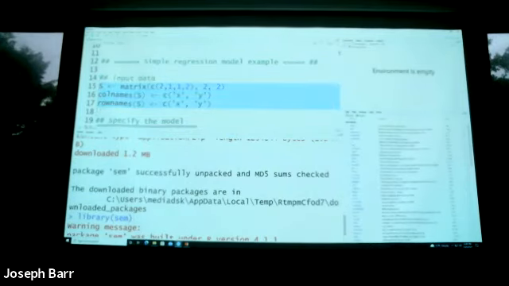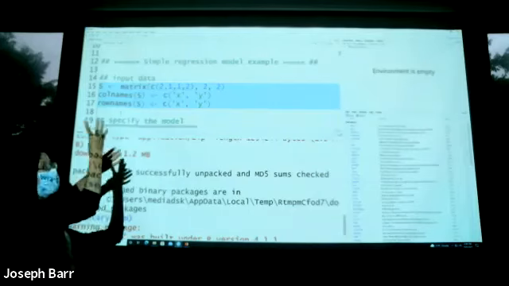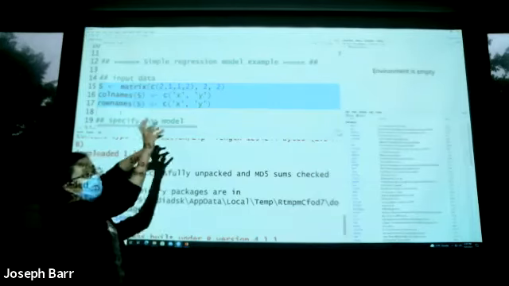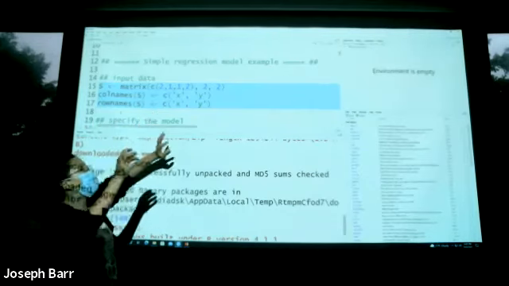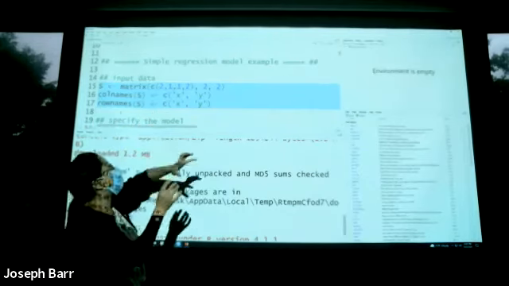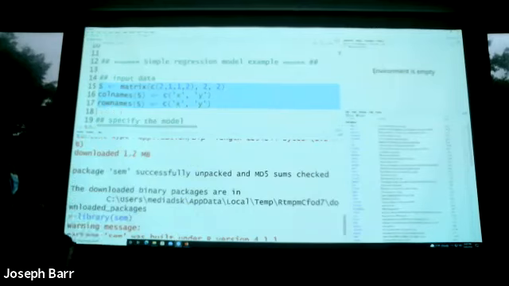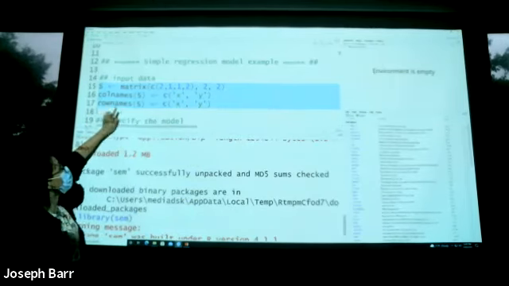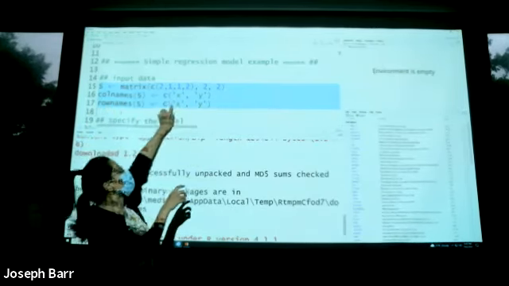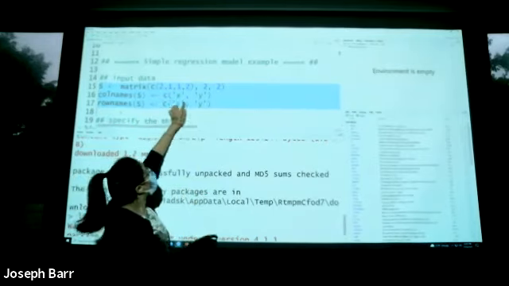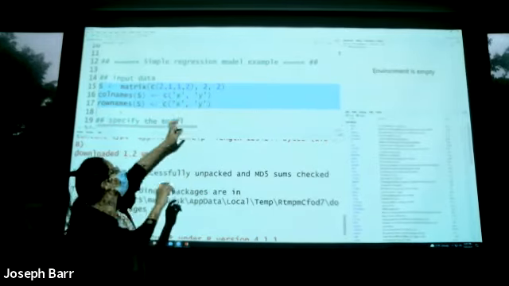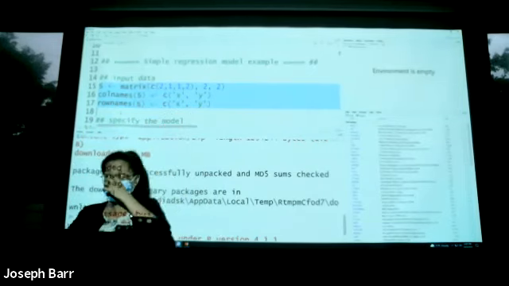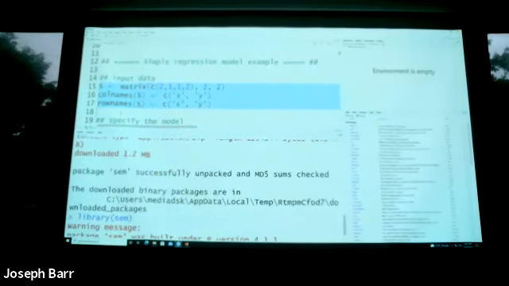Suppose we have our sample covariance matrix S, which is 2, 1, 1, 2. We have 4 elements. 2 is the variance of X, 1 is the covariance between X and Y, and 2 is the variance of Y. In that matrix, the column names are X and Y, so we have 2 columns. The row names are X, Y, so we have 2 rows. It shows that we have a 2 by 2 matrix. The dimension is 2 by 2. Then we highlight this part and click run.